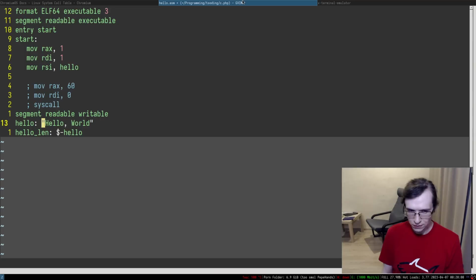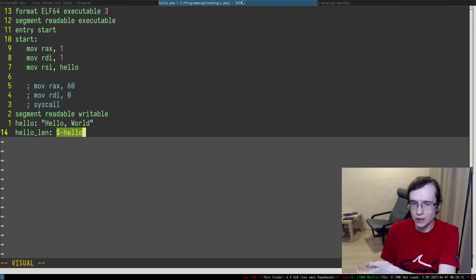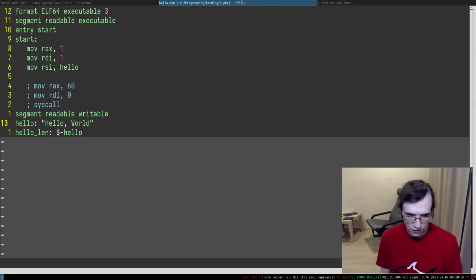So essentially, we take the address that is after the string, and we're subtracting the address that is the beginning of the string. That way, this expression is going to be evaluated into the size of the string, if I understand correctly. But to allocate this thing as bytes, you have to prefix it with the db directive,